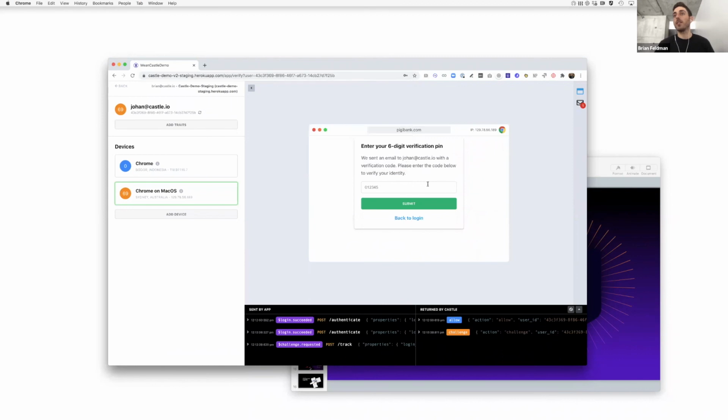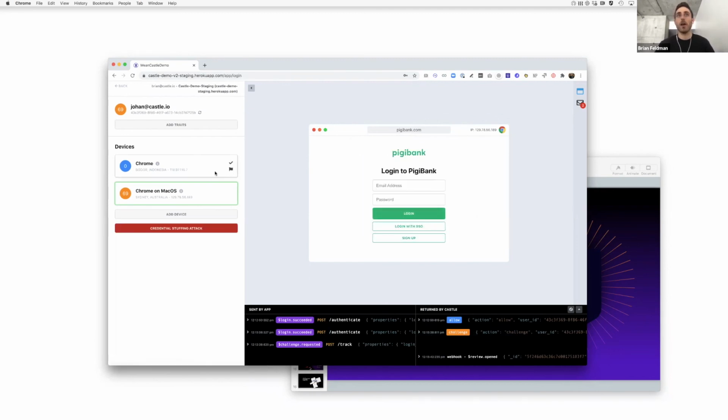Okay, and you can see this time I get challenged. So this time again, the login succeeded as being sent over, the security solution is validating that, and it realized that there was some sort of anomaly here, and it challenged the login. It's forcing you to go through a 2FA challenge. But again, if I go back to my normal device, that Chrome one in Indonesia, and I reattempt that login,